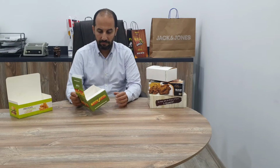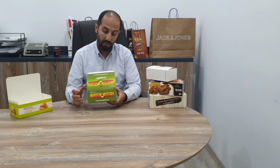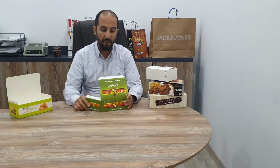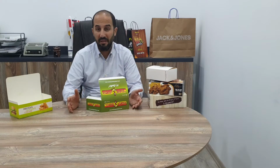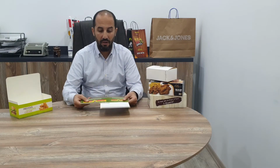These boxes have one unique feature, which is that they come flat. They come like this, so it's very important for logistic purposes as well as for warehousing, in the warehouse or in the restaurant, because under the cashiers in fast food chains, space is everything. When they come flat like this, it's easy, and in one second it becomes ready to put the